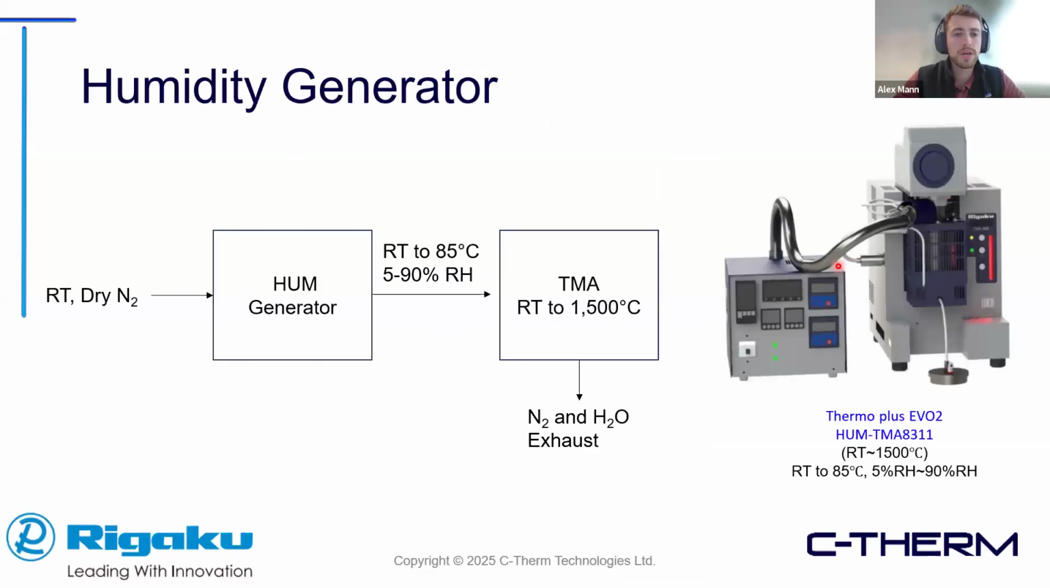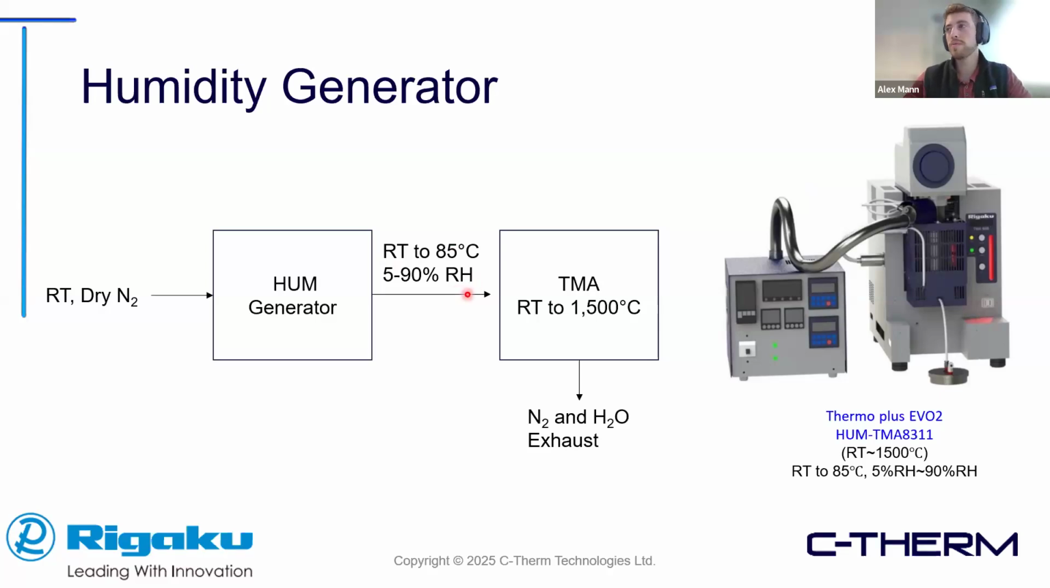So next, I'm going to do a quick application on the humidity generator. One thing I'd like to point out is that you see two temperature ranges. This is just because the humidity generator takes in room temperature dry nitrogen. It can heat it up anywhere between room temperature and 85 and give a humidity anywhere between 5 to 90%